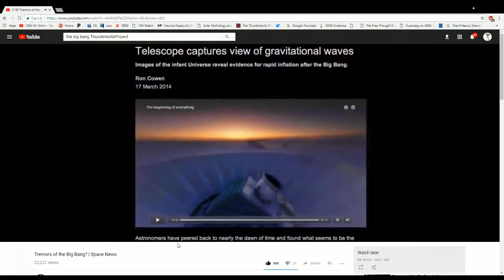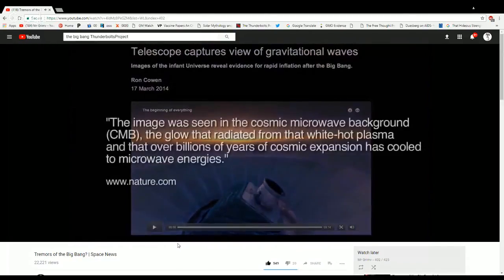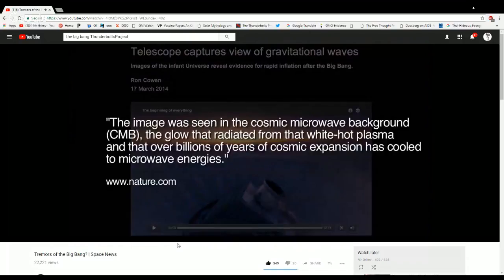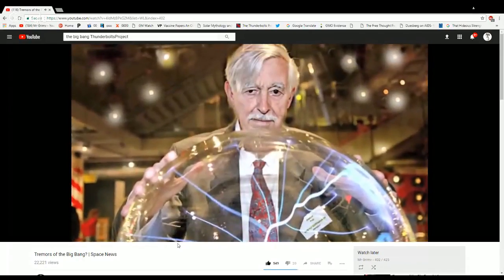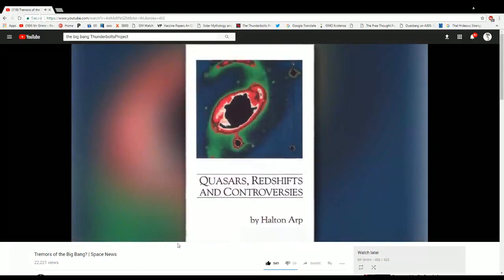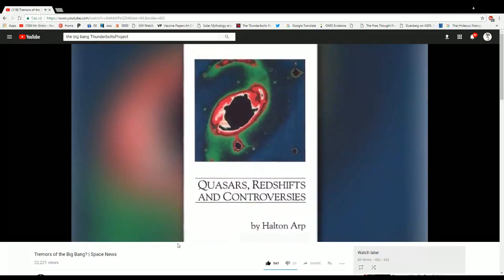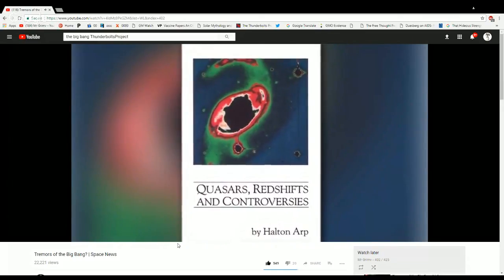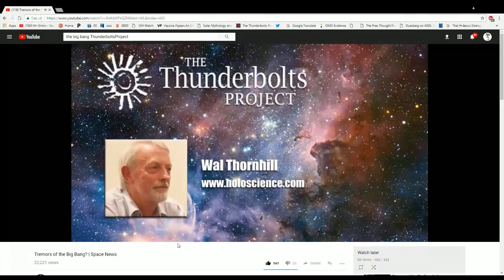It's so disappointing to see articles which just state baldly an image was seen in the cosmic microwave background, the glow that radiated from that white-hot plasma, and that over billions of years of cosmic expansion has cooled to microwave energies. Halton Arp has shown that redshift, which is supposed to be due to the expansion of the universe, is due instead to the intrinsic nature of the matter in a quasar, or whatever it is that's being observed, that has such a redshift. And he showed that the redshift is a measure of the youthfulness of an object and not its distance. So all of the talk about inflation and expansion and accelerated expansion is based on incorrect interpretation